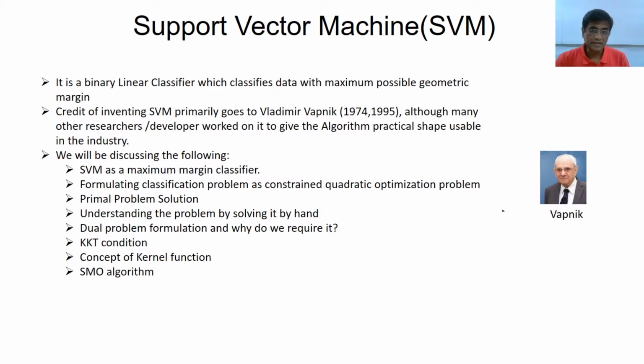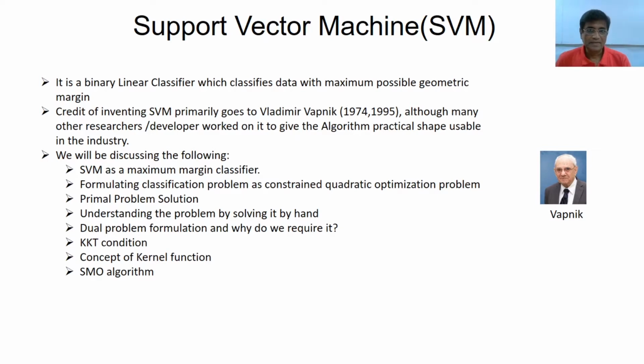However, there is a concept called kernel function, which we discussed, which is a very strong point about support vector machine. Using that, this can be used as a nonlinear classifier, although inherently it still remains a linear classifier. That magic we'll discuss also. And one more specialty about support vector machine is that perhaps this is the first time a classification problem has been modeled as a constrained convex optimization problem.